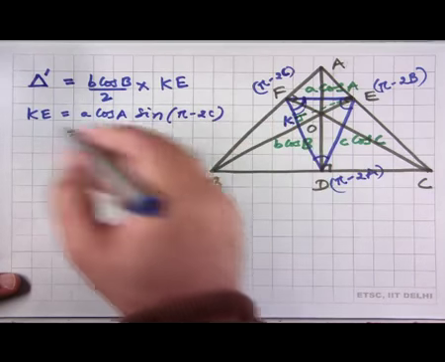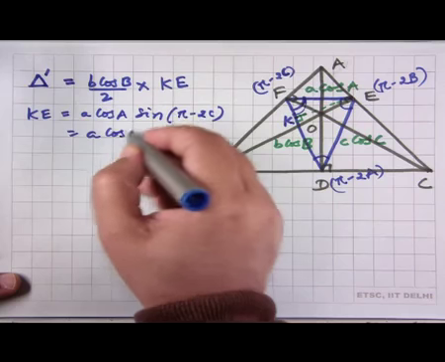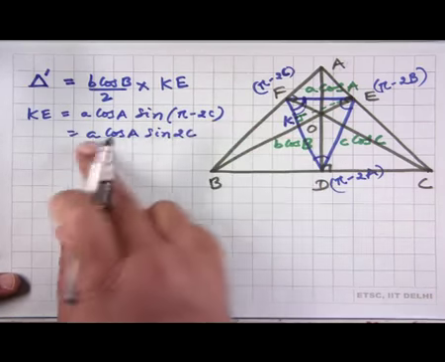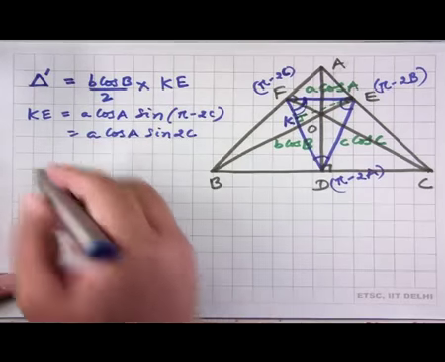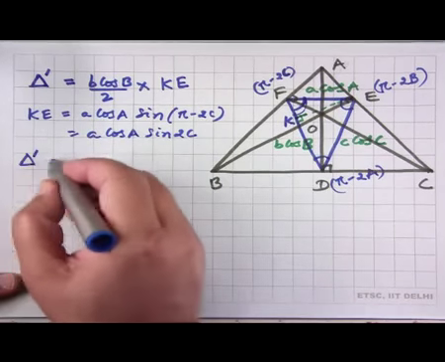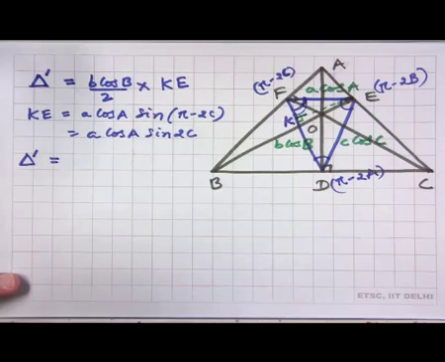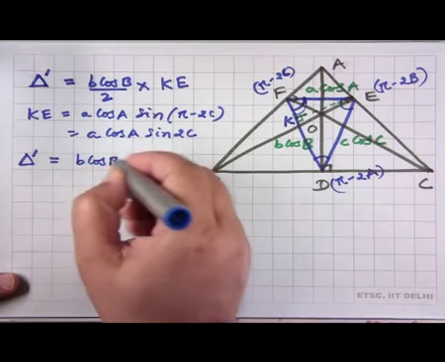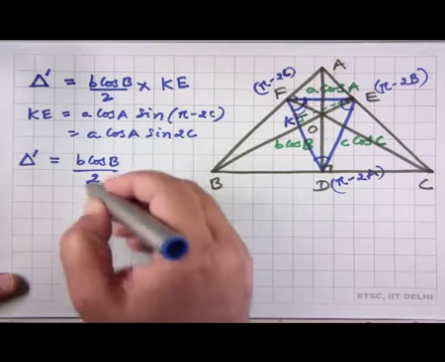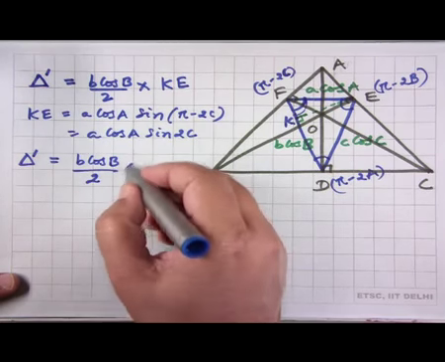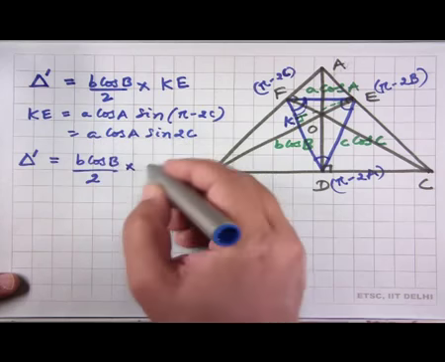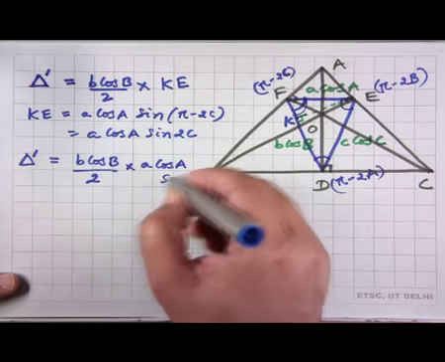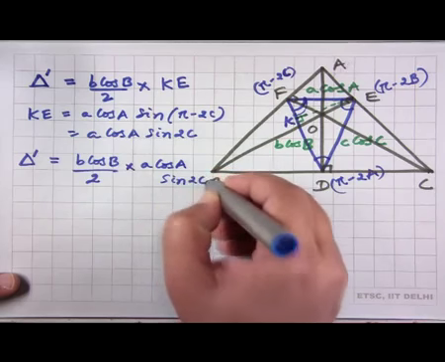So, KE will be equal to a cos A times sine 2C, and therefore, if we put this expression here, what we get is that the area delta prime is equal to b cos B over 2 times KE, but KE is this a cos A sine 2C